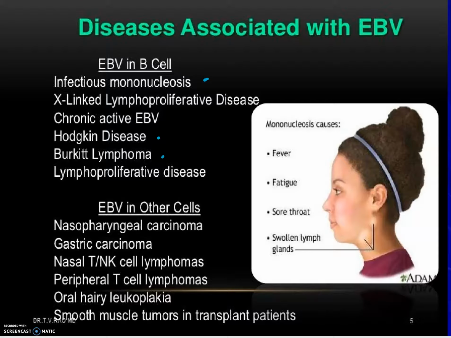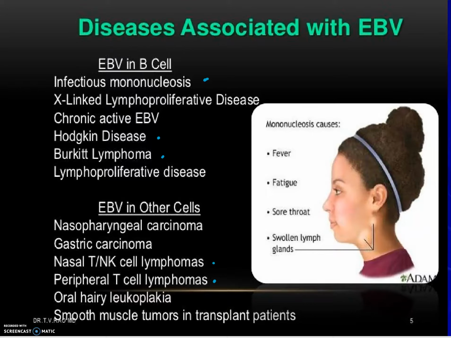But the most important ones here would be, again, infectious mononucleosis, otherwise known as mono, and then Hodgkin's disease and Burkitt's lymphoma. If the EBV infects other cells, you may end up with nasopharyngeal carcinoma, gastric carcinoma, T-cell and natural killer cell lymphomas, all sorts of lymphomas here, hairy